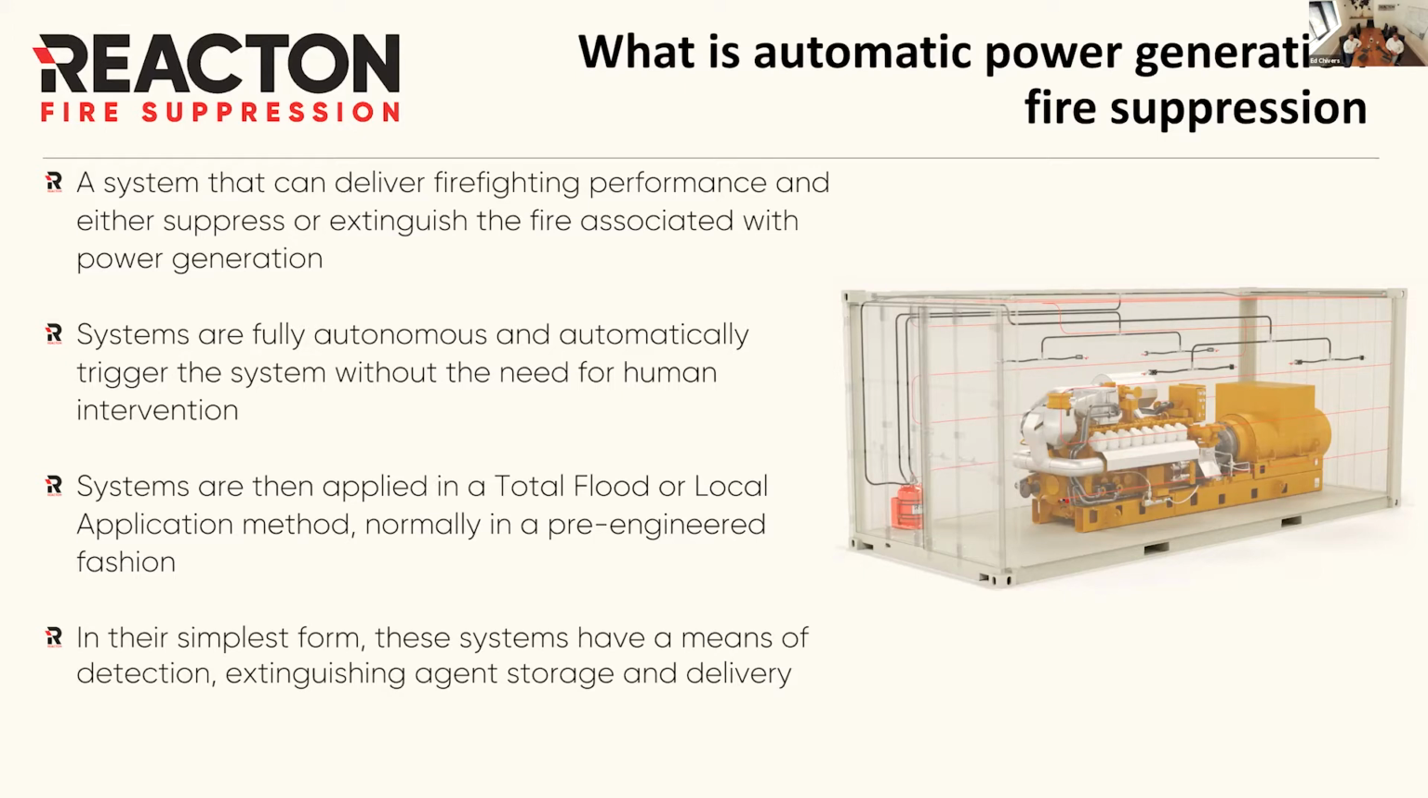And yeah, on the last bit there, we're just talking about really, if you wanted to boil down what an automatic fire suppression system is, it's basically a means of detection, extinction agent storage, and delivery. And I think what we're going to find in this presentation, it's quite unique to the power generation industry. There are other industries where assets are obviously very critical, but what you find in traditional power generation